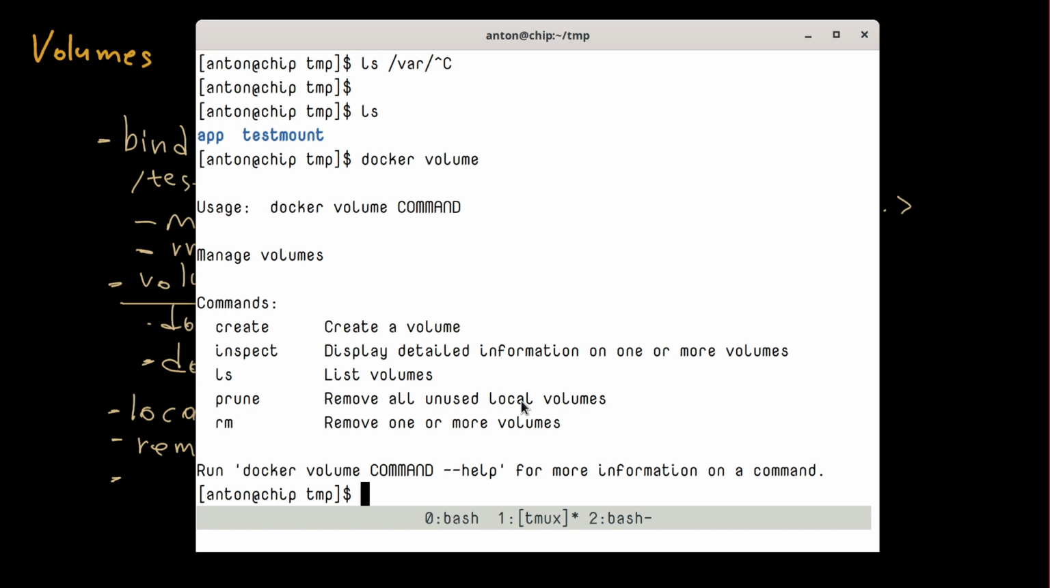To just clean up all the volumes that aren't used. Anyway, now that we have a volume created, an empty folder, let's attach it to a container. We do it with a similar command,